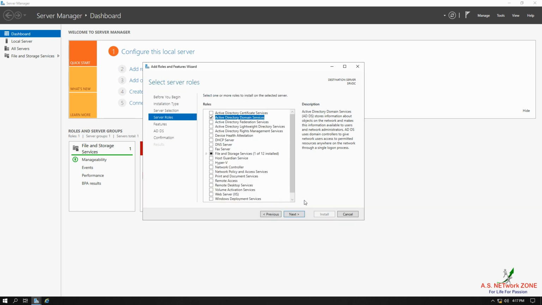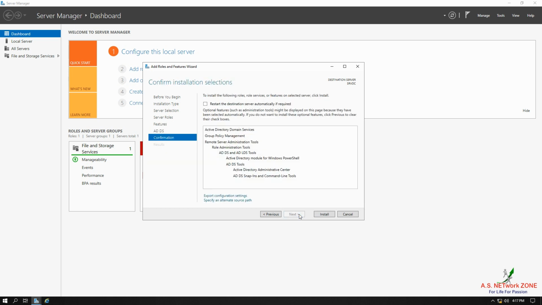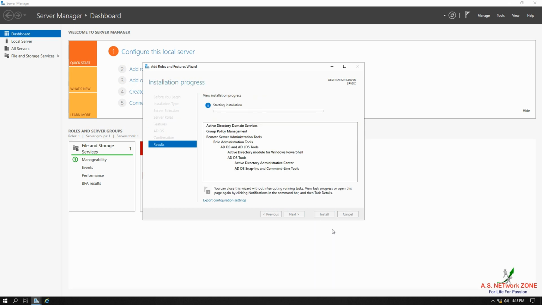Click on next. Additional features we don't require to deploy Active Directory, so I'm doing nothing over here. Click on next again. Next. Click on the install button. This process will take a little bit of time.